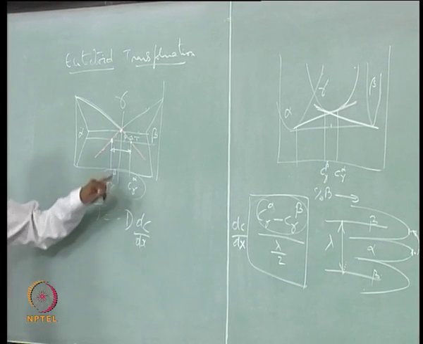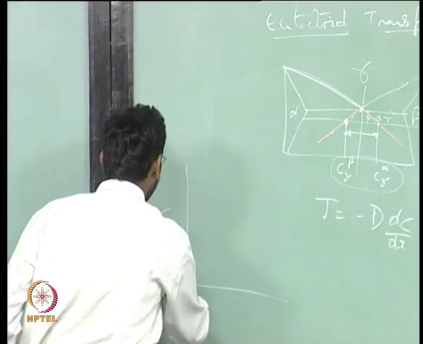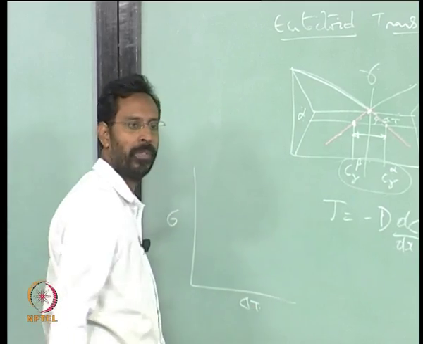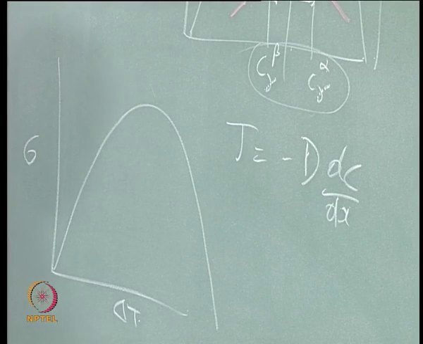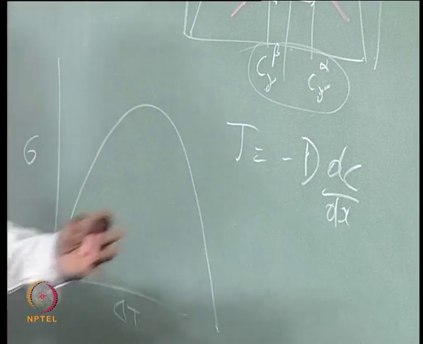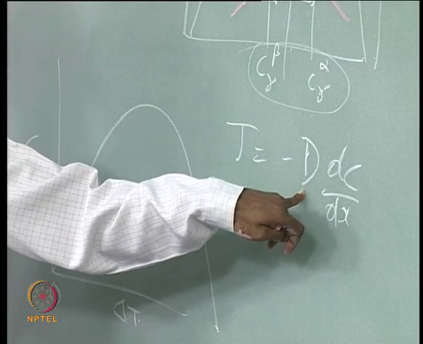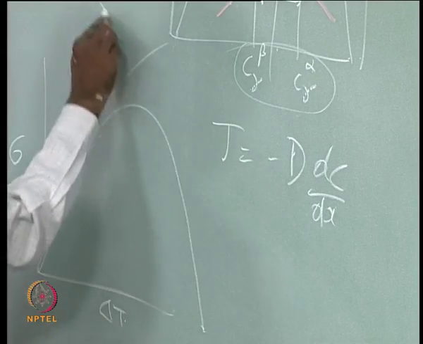So as a result, if I now plot the growth rate G as a function of undercooling, you would see it would be something like this. At 0 undercooling, what I mean by 0 undercooling, at the eutectoid transformation temperature, this will be 0, and it would again go down when you go to higher undercoolings, because the temperature is going down where the D is going down, though this is increasing. So that is why again it would be a combination of two curves,